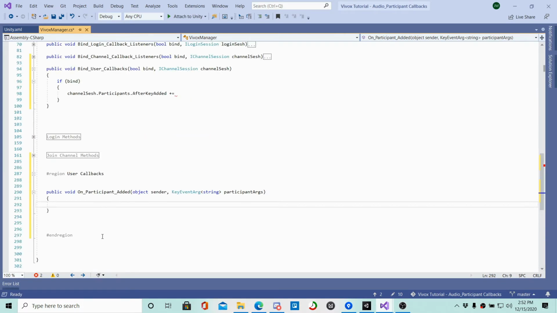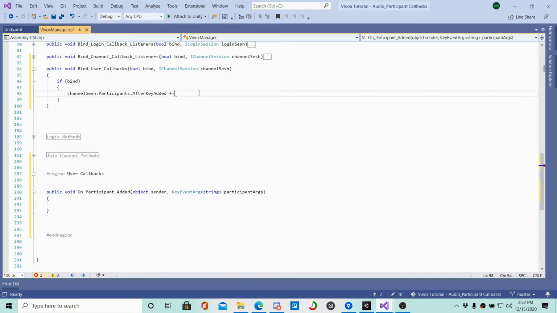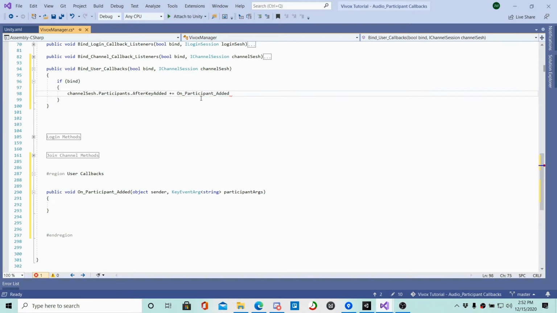We got 2 errors for some reason. Oh yeah, right here. Okay, so now if we try to add it on participant added, you'll see that we don't get an error because we put in the proper parameter. So we're gonna do